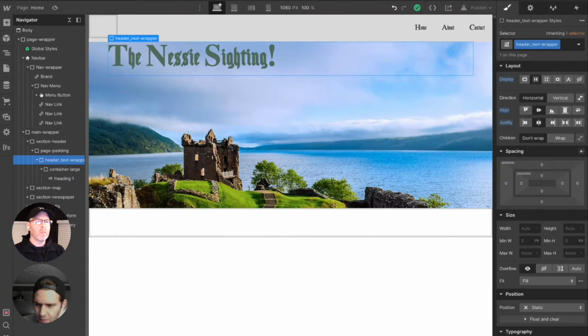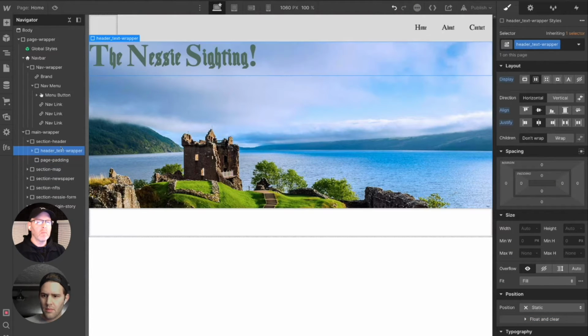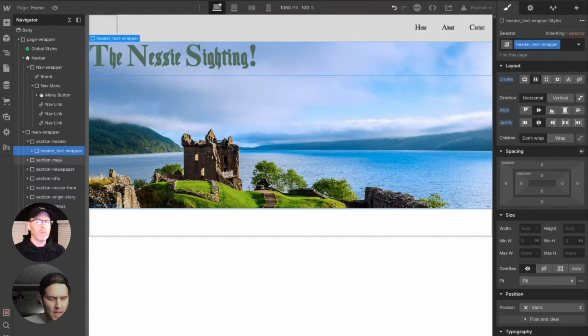Okay. And let's do horizontal. Click on the page padding one real quick. All right, let's pull the heading text wrapper above the page padding. All right, delete the page padding. And then try vertical instead of horizontal. What we're trying to do is get this centered in the